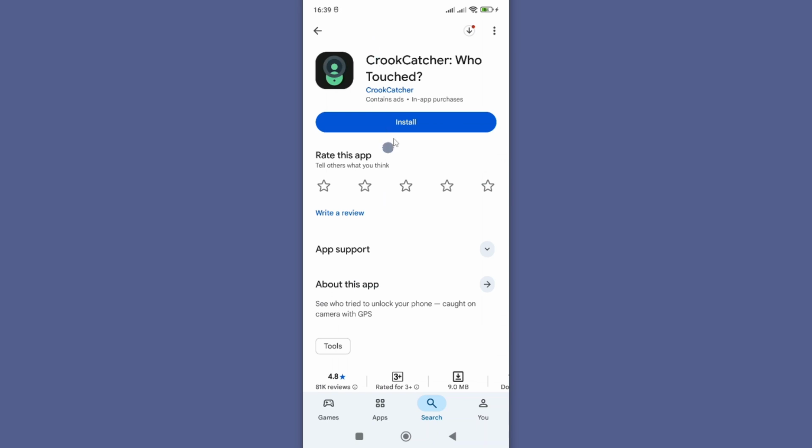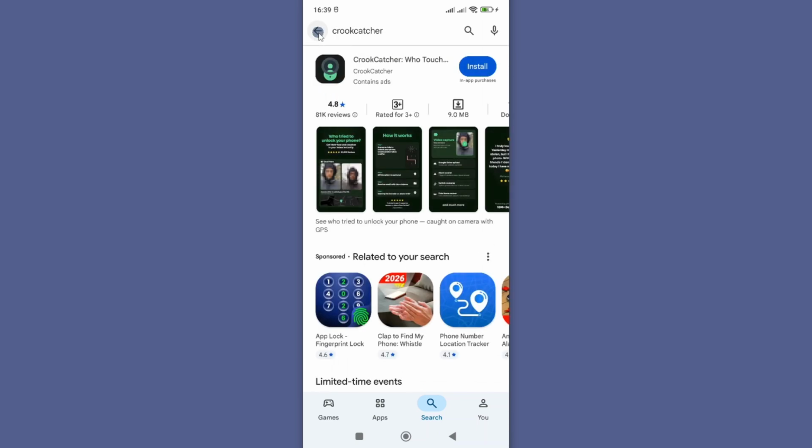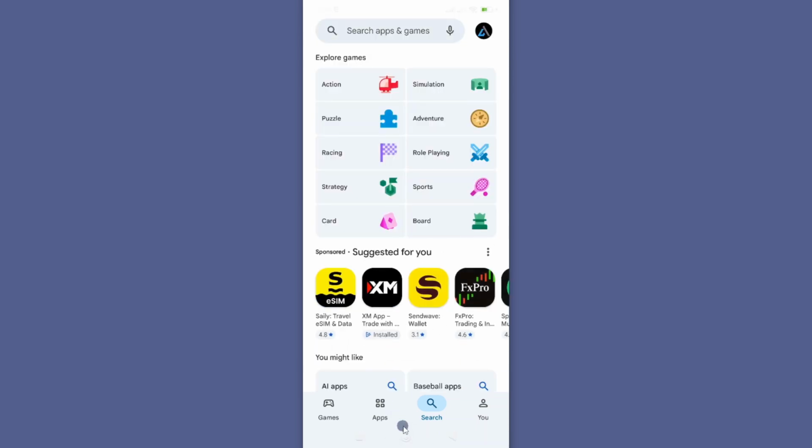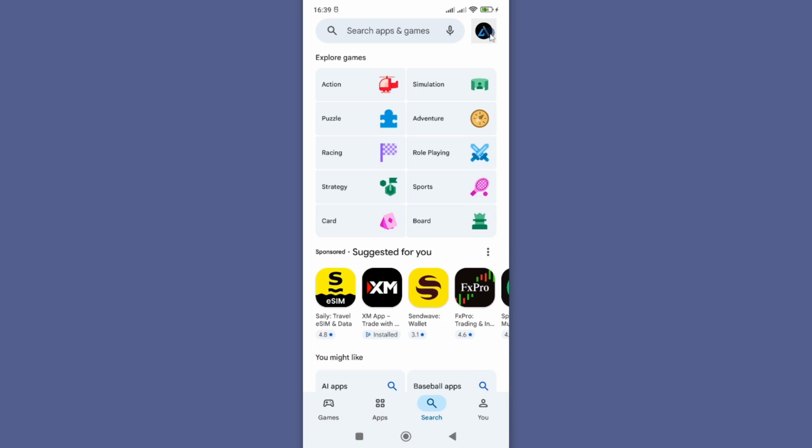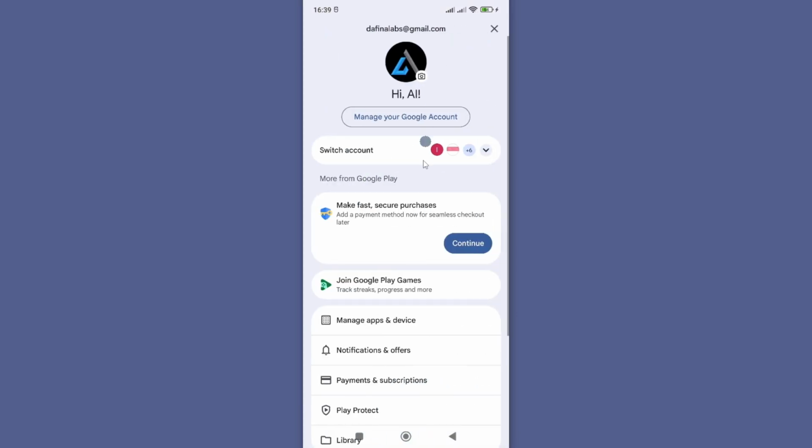So if you have been trying to install this app but you are unable, then just follow these steps. First, you'll need to go back to your Google Play Store. Open Google Play Store and make sure you are logged in with your Gmail before you download the app. However, if you are unsuccessful while logged in, then go to your profile icon here on Gmail and then scroll